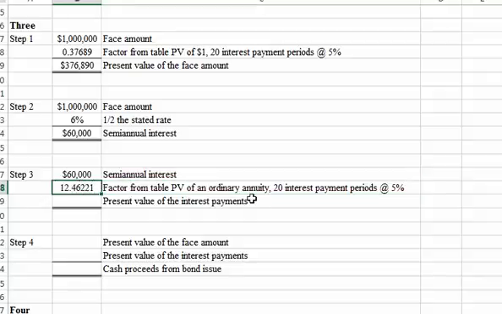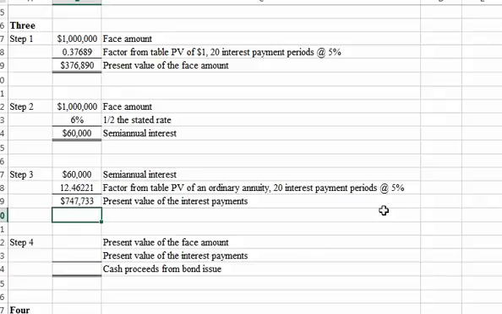Then we're going to multiply those together. $747,733 is the present value of the interest payments,